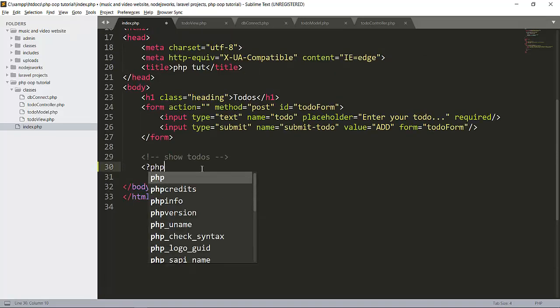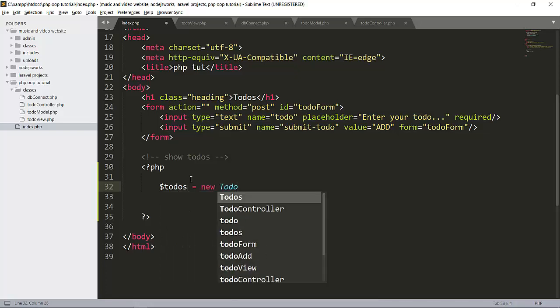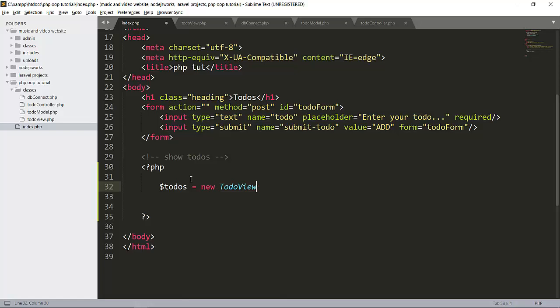Now let's add the PHP tag here. Here in PHP we will create $todos, and the todo view. We created our todo view object. If you don't know how to create an object, you can watch my previous video in the series.